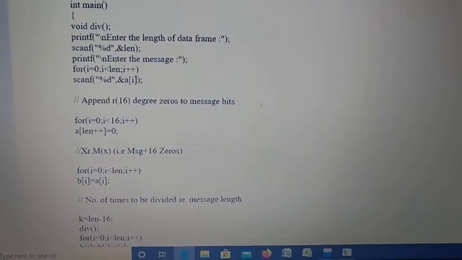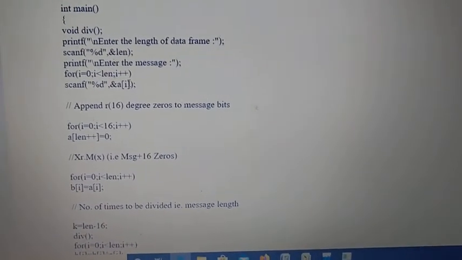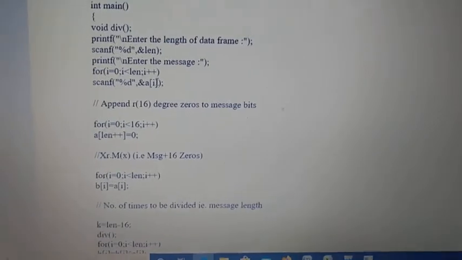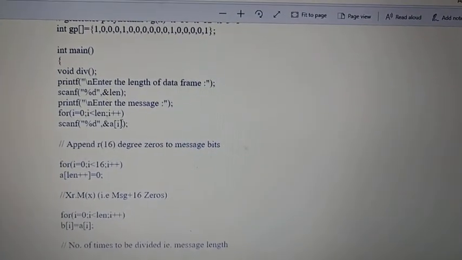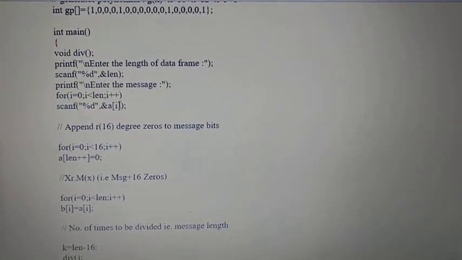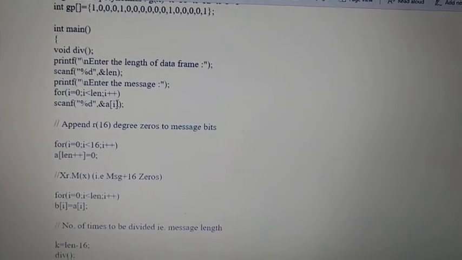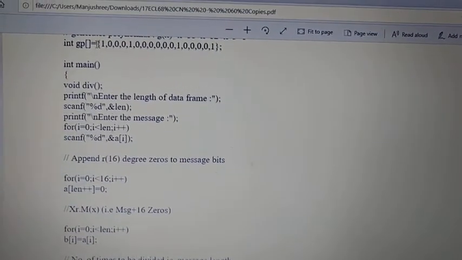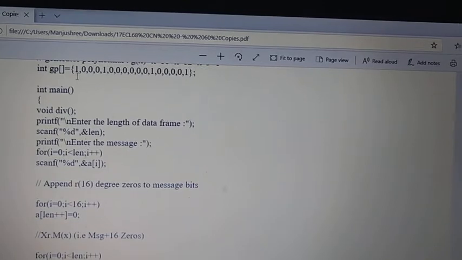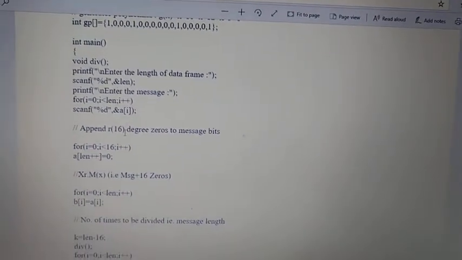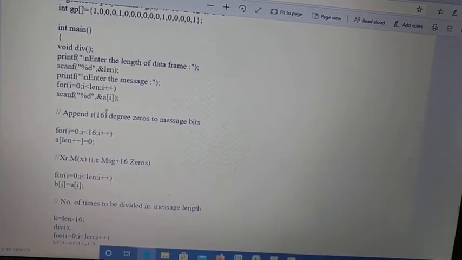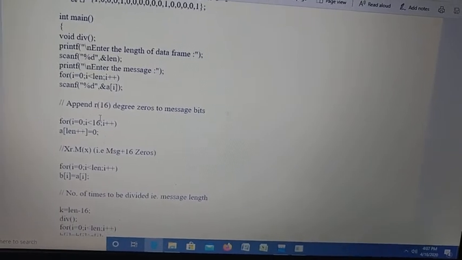So how many zeros are we going to append as per the mathematical calculation? How many generator polynomial bits do we have, minus 1? If we count the generator polynomial bits here, it is 17 bits. The 17 bits minus 1, so that is 16. So 16 zeros we are going to append to the